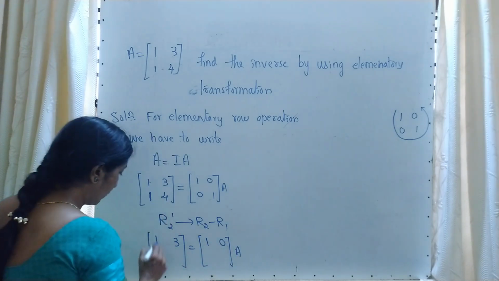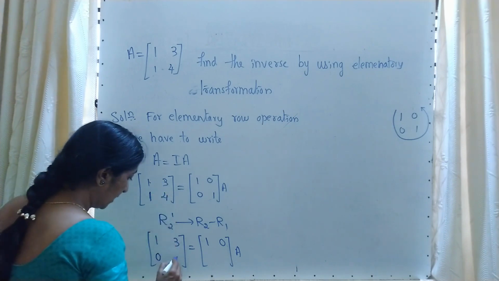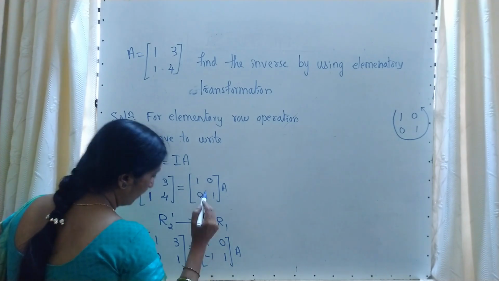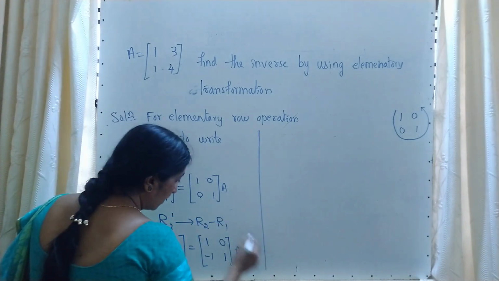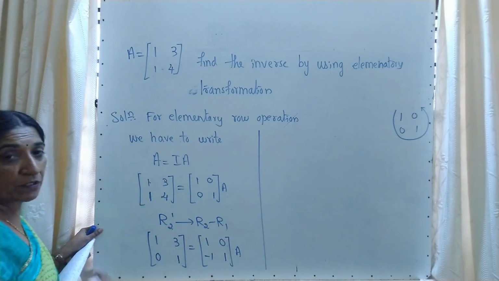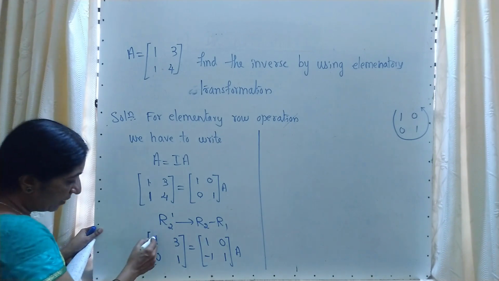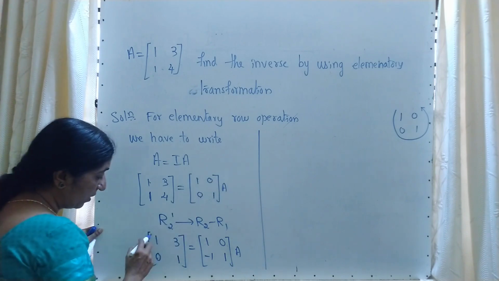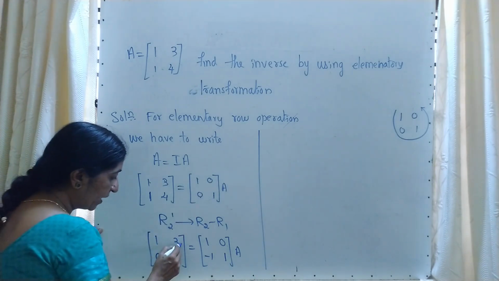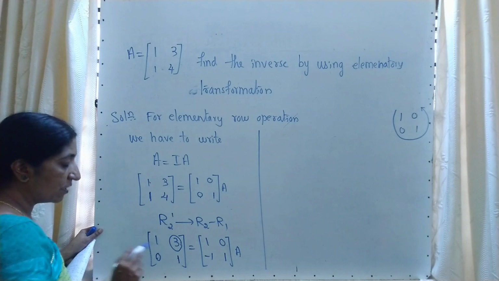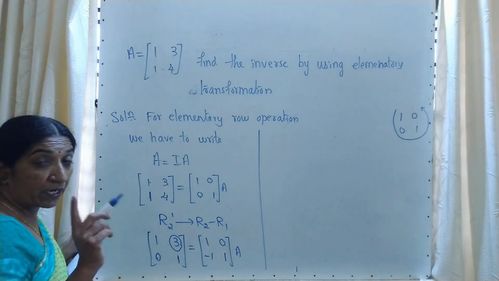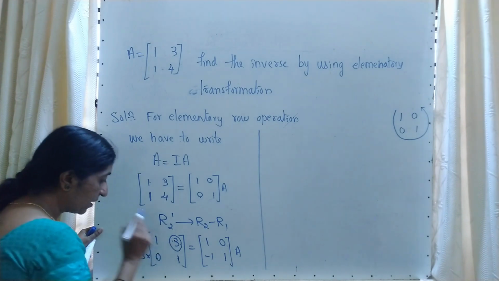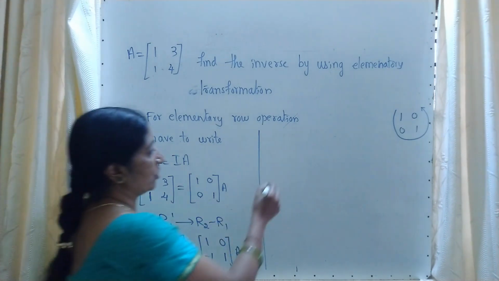Yes, 1 minus 1, 0. 4 minus 3, 1. 0 minus 1, minus 1. 1 minus 0, 1. Next, in this type of problem the students are very lucky. Why? At one step you will get two elements, the required elements, 0 and 1. So it is 1 0 1. The only thing we have to do is convert this 3 to a 0, and note that 3 means the same number is multiplied here, and since it is addition, we are going for subtraction.